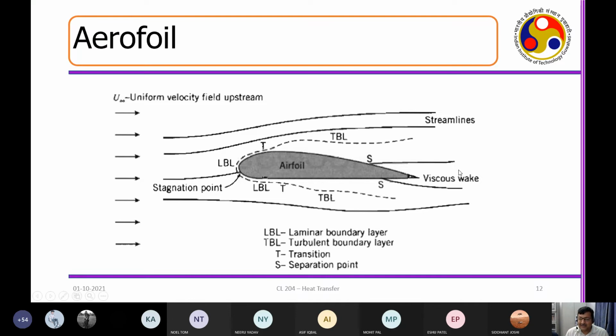The form drag is minimum here. The boundary layer is turbulent, but I cannot avoid the laminar boundary layer, because this is where the flow is developing. The moment it hits the surface, it is going to stagnate here. So there has to be a part where it is a laminar boundary layer, but I have to minimize it. I make sure that near the entire body the boundary layer is turbulent, so that the friction is minimum, and I am reducing the viscous wake zone. This is the recipe for minimum frictional losses in engineering processes. So I hope I could answer your question.